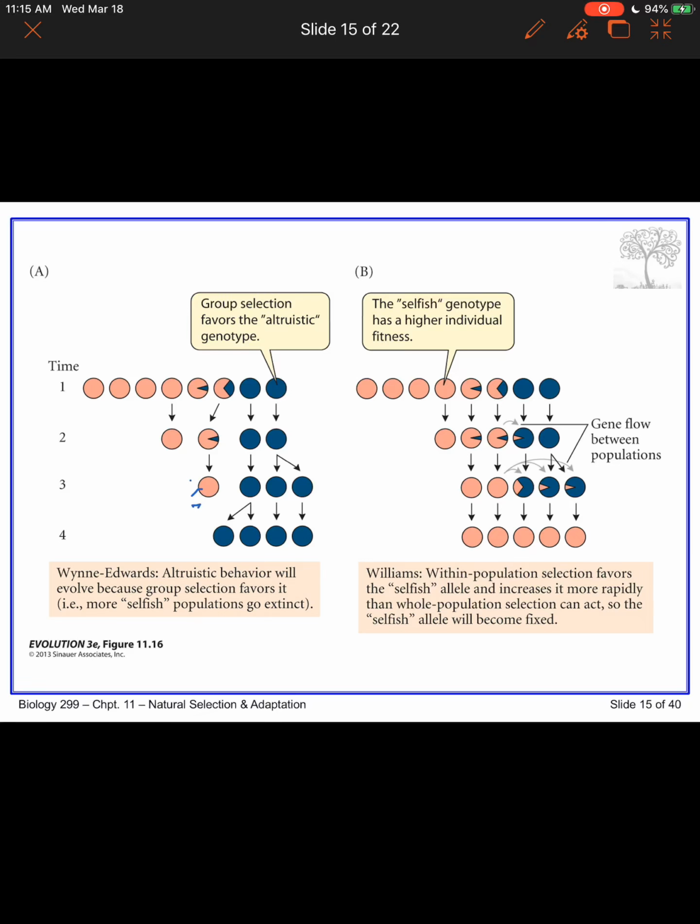In the other case, on the right-hand side, within population selection, individual selection would tend to favor selfish genotypes, because here we're talking about selection that operates at a faster rate, individual selection. Individuals are born, reproduce, and die at higher rates than populations do. So even though you may have populations being favored from an altruistic or group selection standpoint, individuals within them are favored from an individual selection standpoint, and so you should expect individual selection to win out over time because the rate of replacement is faster. Essentially, the turnover is faster.